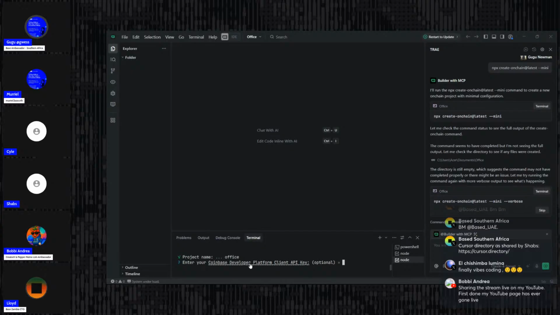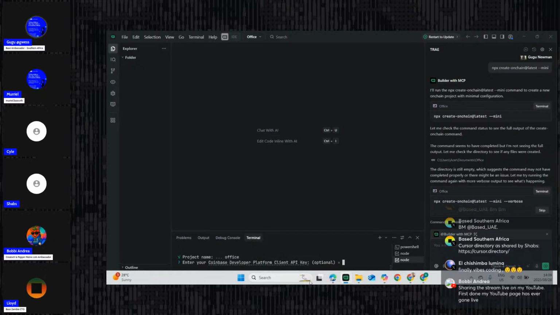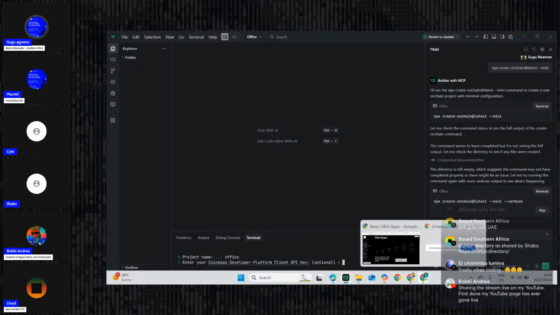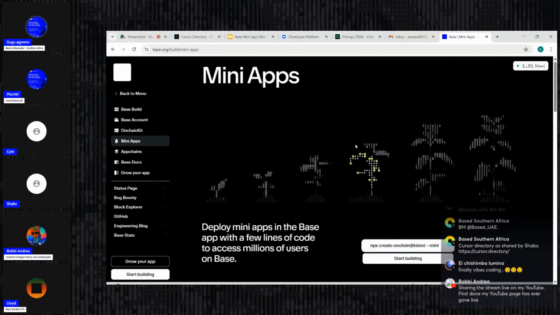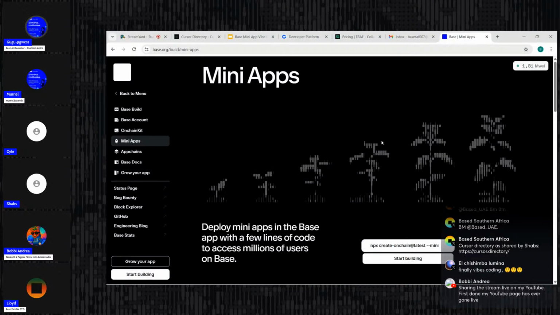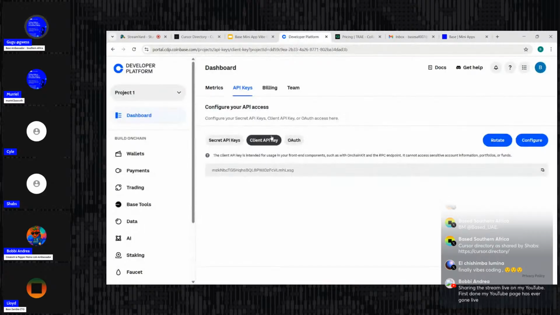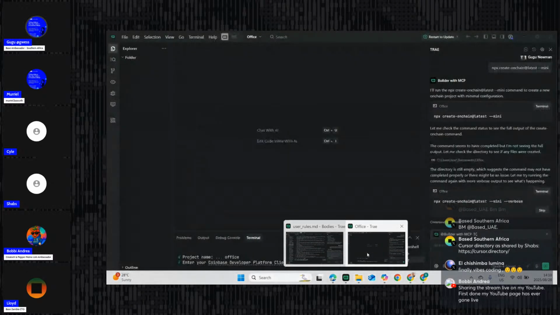Then it's going to ask you for your Coinbase Developer Platform key. You could build a mini app without that, but for purposes of mini apps needing to be indexed in the Farcaster app, there's analytics that Coinbase looks for. So for you to win all those prizes, and to be able to get your analytics and any other updates, it's always best to copy this API key that we've created here and then enter it into